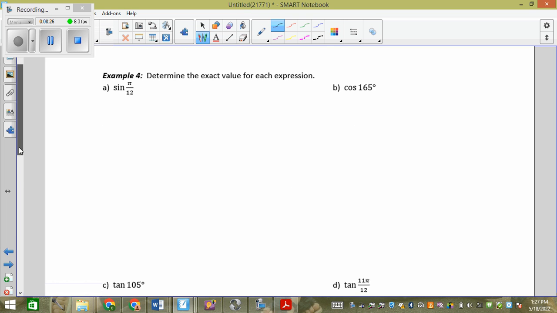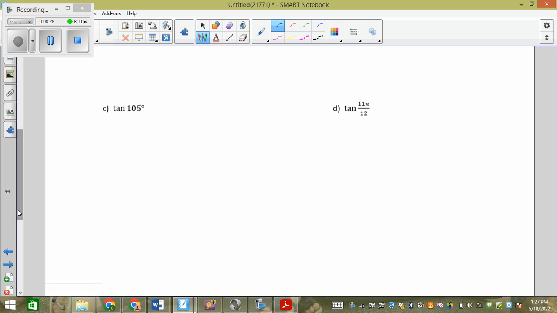We did these ones yesterday. We're going to go down to here to tan 105. It's going to say determine the exact value of tan 105, which means I have to use my unit circle. However, 105 is not on my unit circle. What of its best friends is on my unit circle? Anyone know what we could use? We could use 60 and 45. We could do